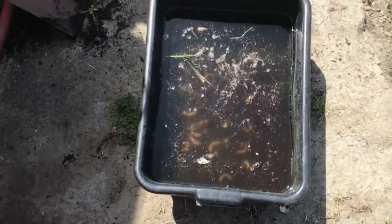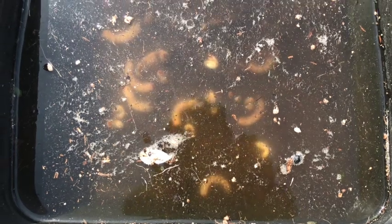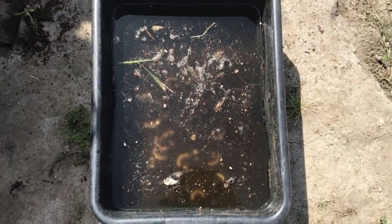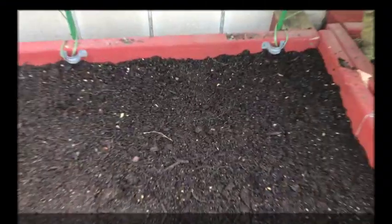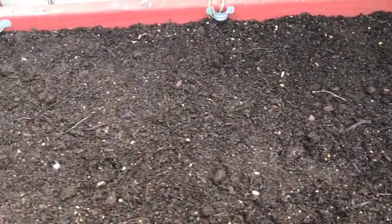And I counted roughly about 35 grubs or so in this bed, but they are no more. They will not destroy my garden this year. So the bed has been degrubbed,